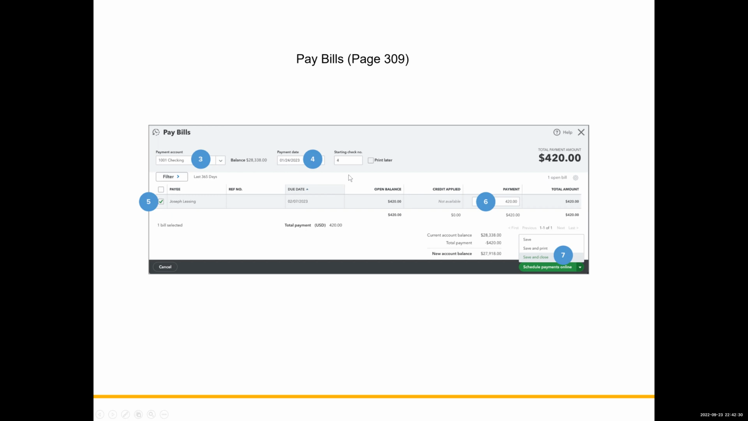And I believe that this would be the next available check number. So I would just leave that alone. I mean, if for some reason you wanted to put another number in, you can, but I think just leaving that alone is best because you want the system to keep track of your checks. And then now you just check which bills you want to pay. And QuickBooks keeps track of that. In this case, there's only one. So we're just going to go ahead and click Joseph Leasing. And the open balance is